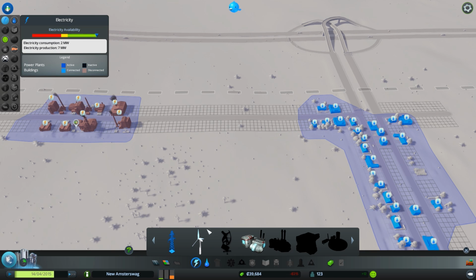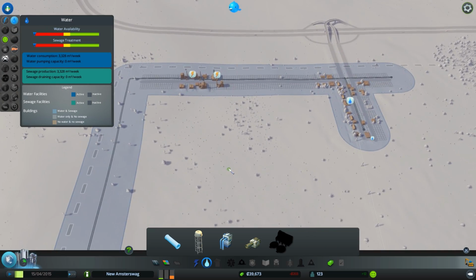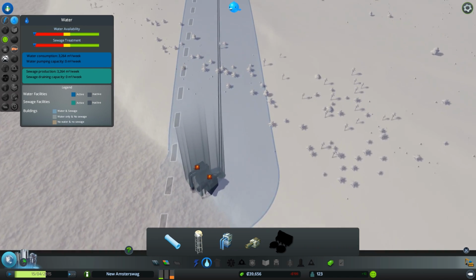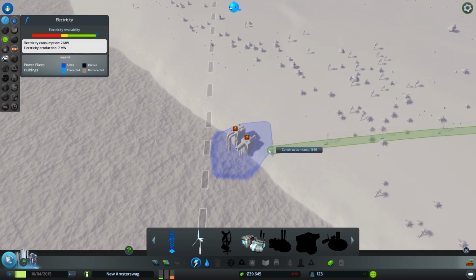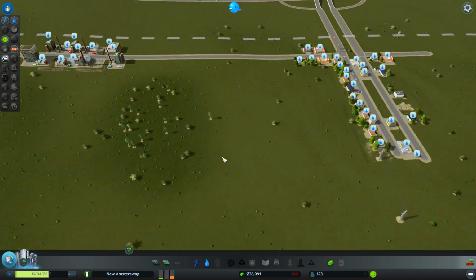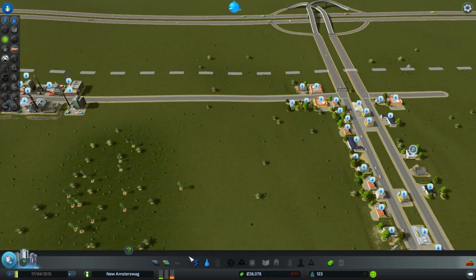Actually, you know what? More buildings will show up. Wait, what's wrong? What's going on right now? No water. What do you do? Oh, they had... What? These guys don't have power, which means we get no water. Alright. Let's fix that real quick. There we go. And that should give people their water back, and then eventually more buildings will be made in